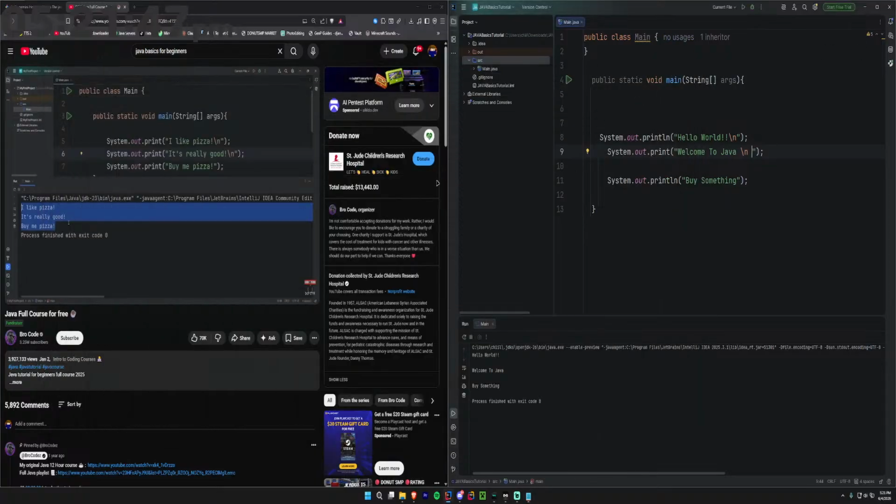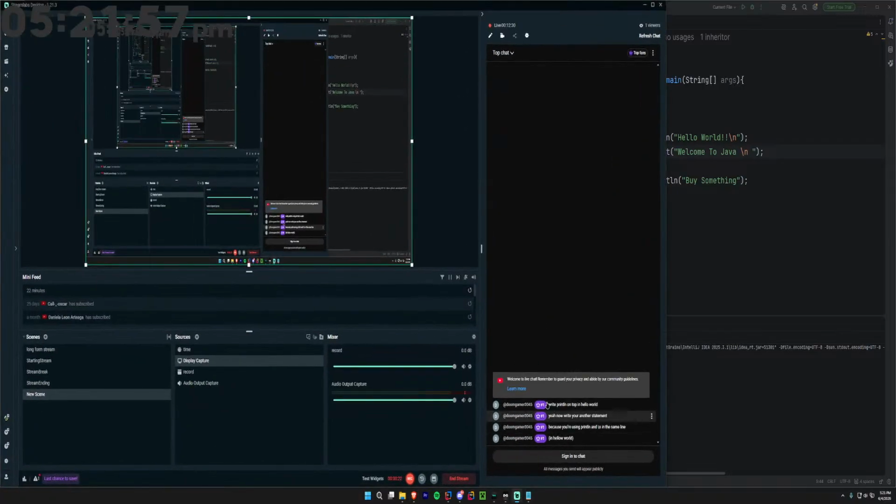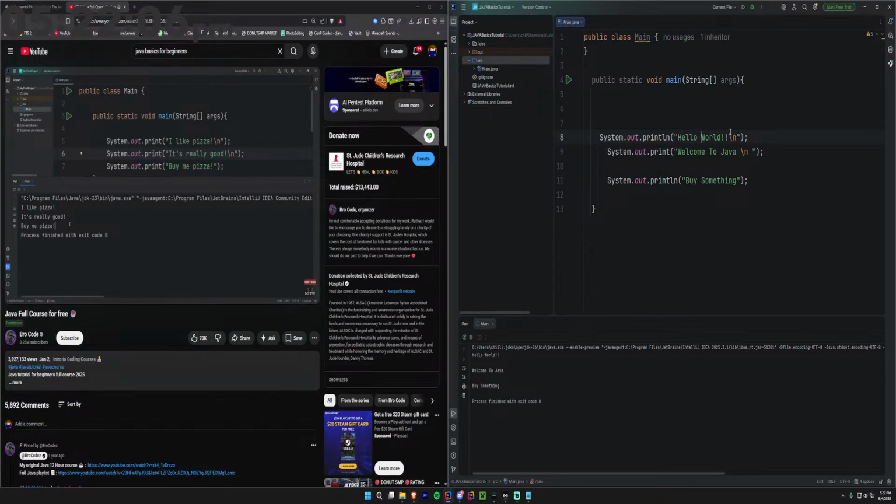Okay. Buy me pizza, or something like that. I don't know what this is called. I'm just trying to learn Java so that I can do mods and whatnot. It's because you're using println and slash in the same Hello World. Okay, but then if I get rid of this,